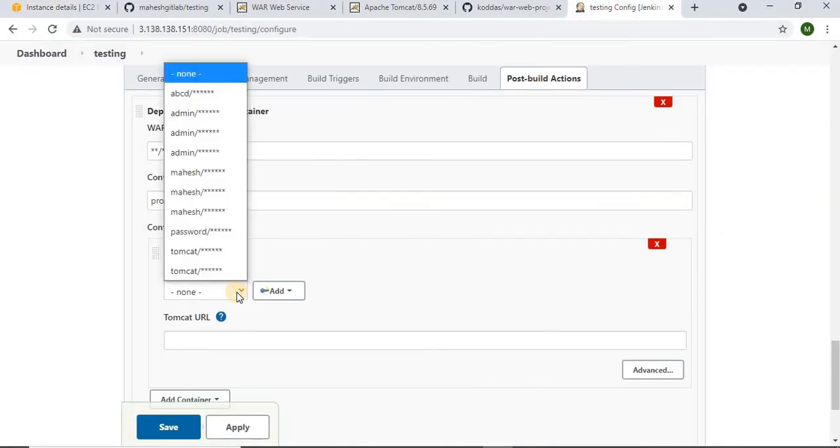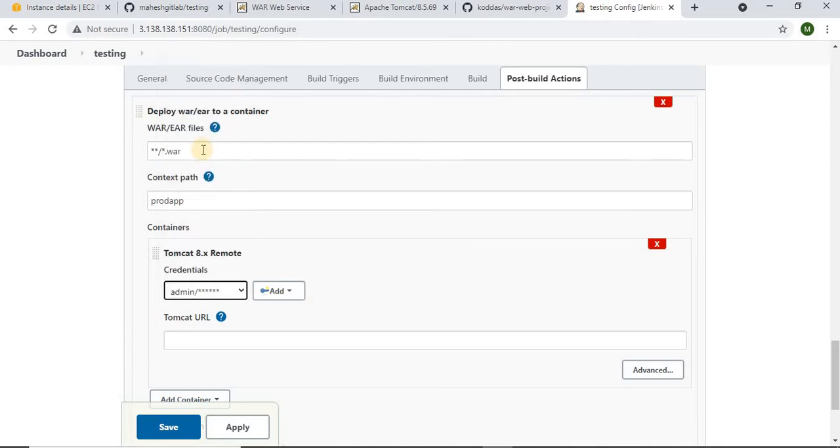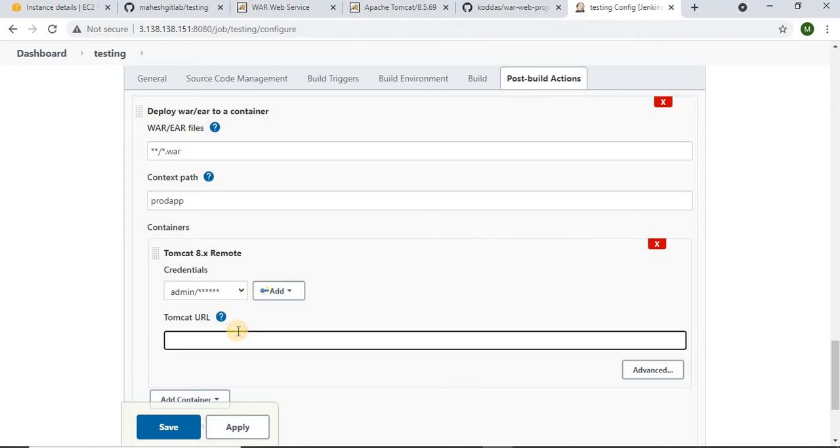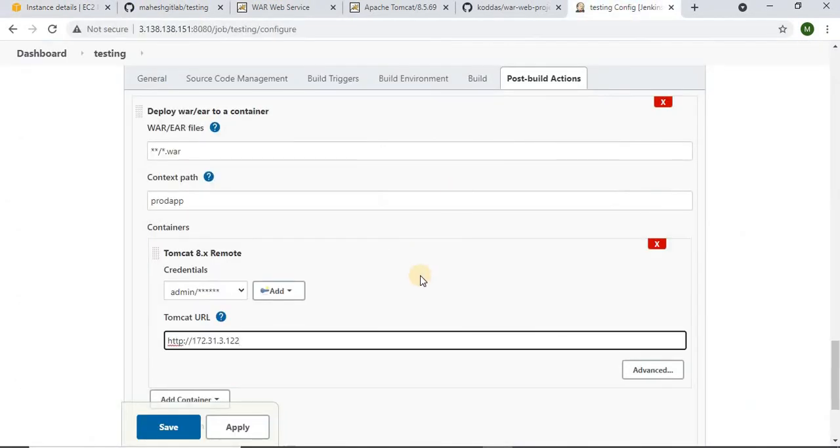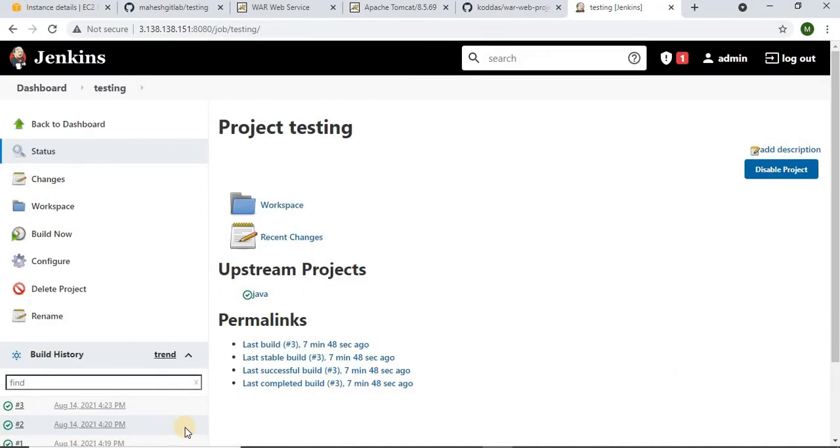Okay, URL should be like http:// we can give the private IP here, private IP :8080. Okay, apply, save. Now we have got the entire setup, right?